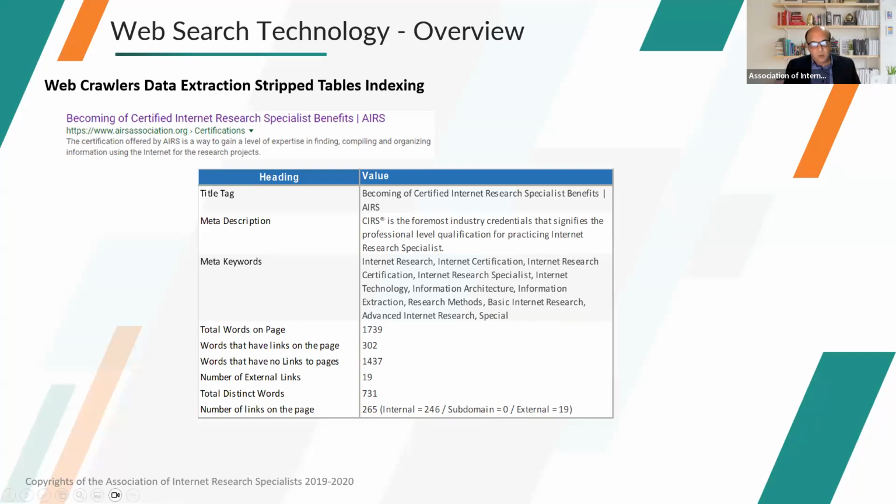Through our own due diligence, we know that this is exactly the type of data collection done at the time of indexing. So for instance, with 1,739 words, Google is able to determine if the page has enough words to be acceptable as the volume of information on the page.